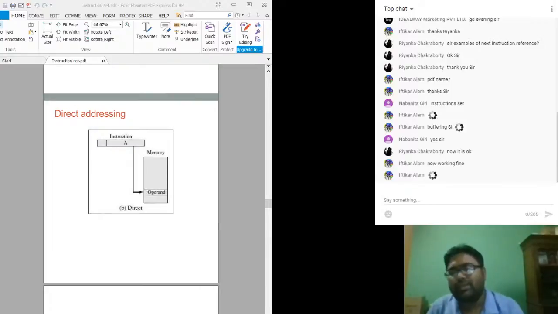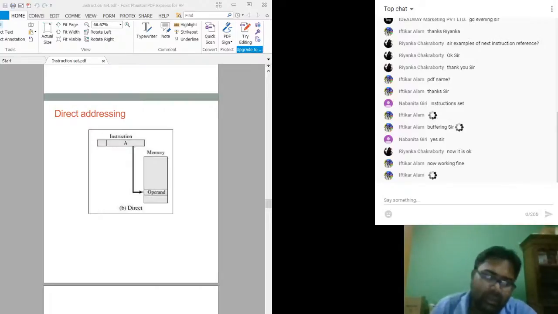So you are giving the address of the operand directly in the instruction. You can take the example of MOV A with some value, or STA to some value. It will read the content of that memory location and place it in some register. So this might be an example of direct addressing.